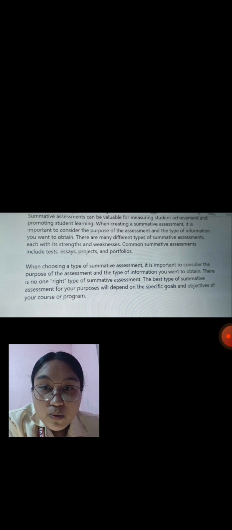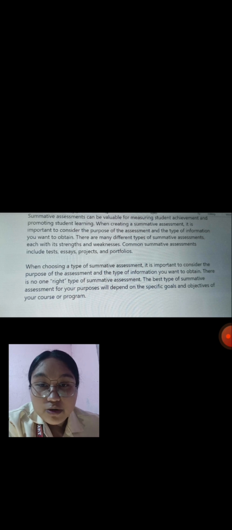There is no one right type of summative assessment. The best type of summative assessment for your purpose depends on the specific goals and objectives of your course or program. The conclusion. Now that you understand the different types of summative assessment and how they can be used